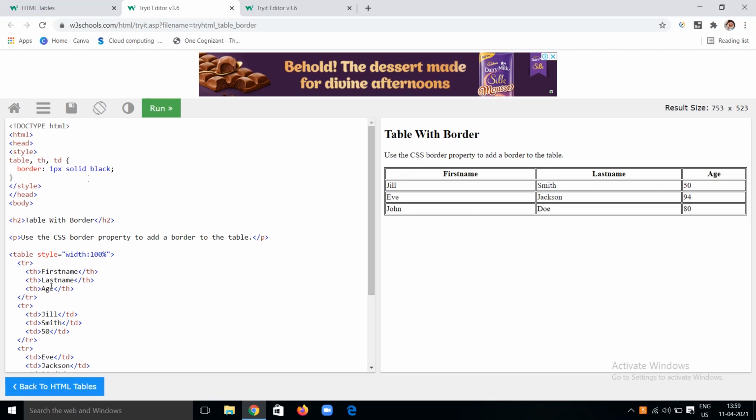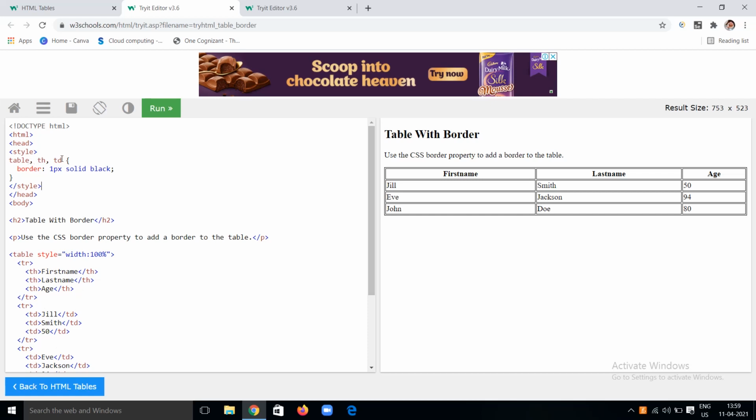Here I am giving internal CSS, which is by using a style tag in the header part. In the head tag I am giving a style tag, in which I am selecting table, th, and td. I am giving a border to all of these, because not only the table but also the header and the data part.